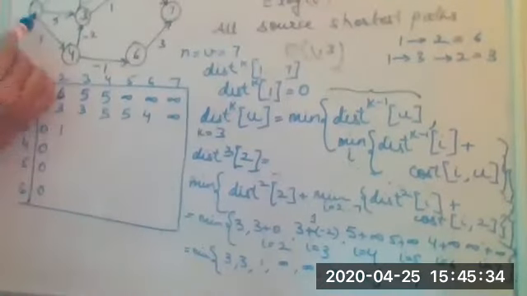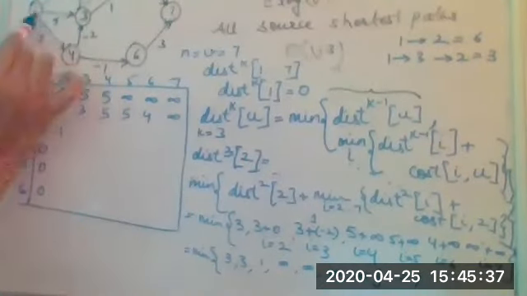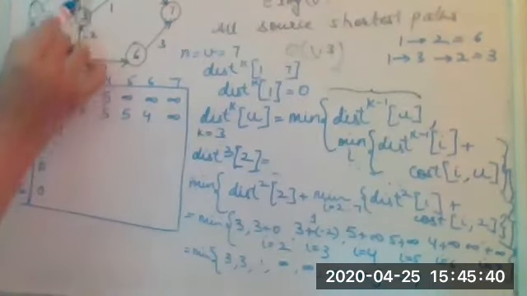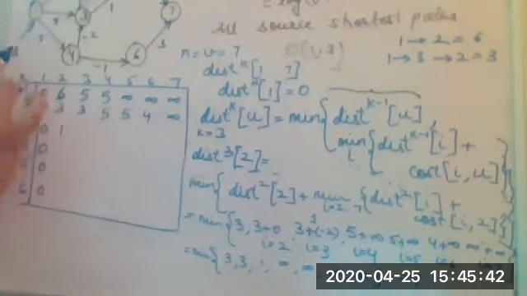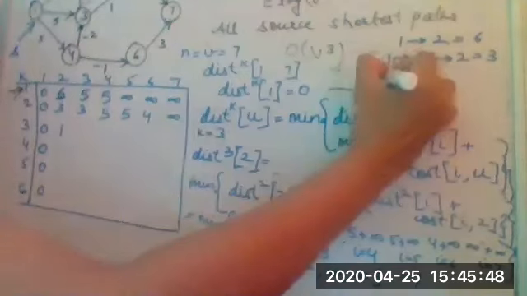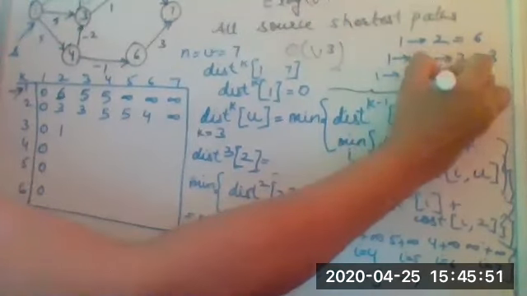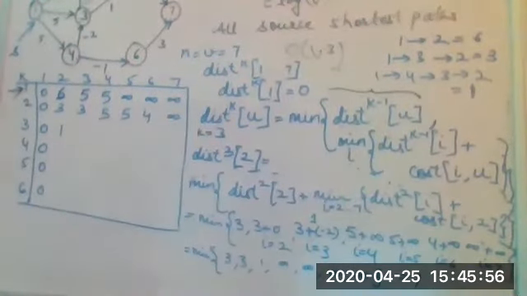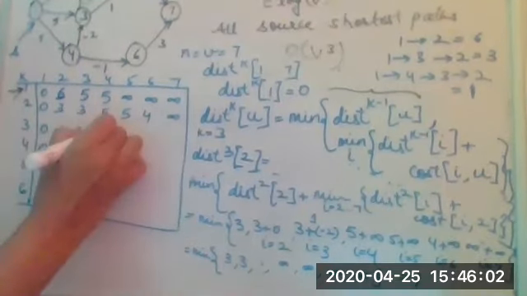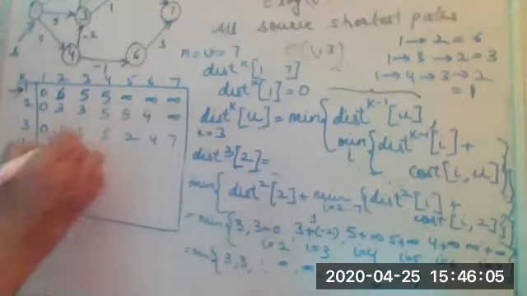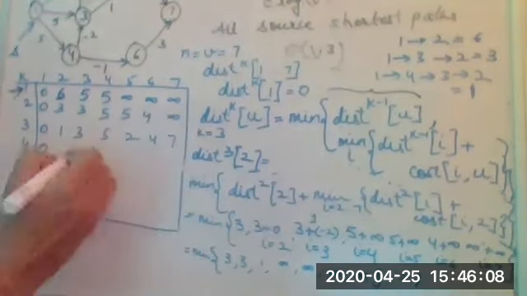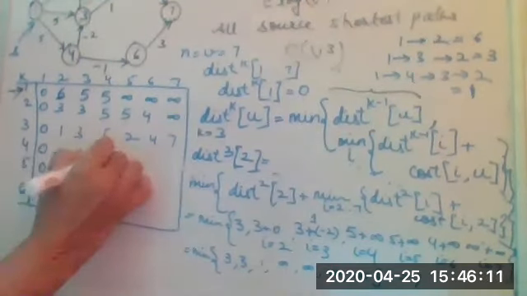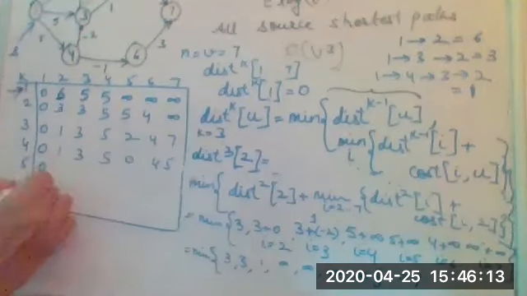Yes. So when we were taking only one intermediate vertex, we have the cost length as 3, from 1 to 3 and then to 2. Whereas when we are taking 4 also, that means 2 intermediate vertices, 1 to 4, then to 3 and then to 2. So this value is equal to 1. Yes. So likewise, we need to fill up this table. I'm not going to solve for the complete values. I'm just quickly going to give you what you will get if you solve this on similar lines.